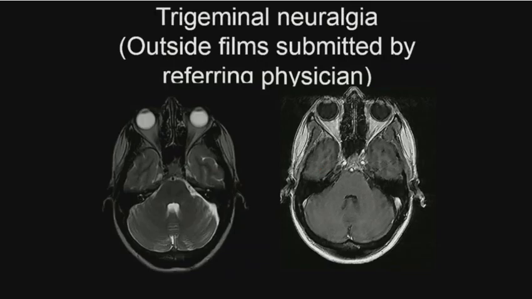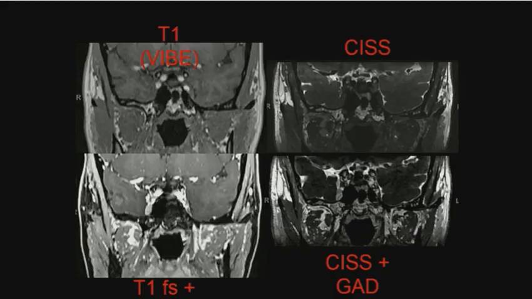This is a case of a VIP patient who presented to us with trigeminal neuralgia, and they were being referred for neurovascular decompression. They had had multiple different imaging studies at an outside institution. And here's the outside study. It was normal, or judged to be normal or near normal, perhaps some subtle asymmetry of Meckel's cave on the right side. After contrast, on high-resolution imaging, however, you can see on the CISS imaging in the coronal section post-contrast,